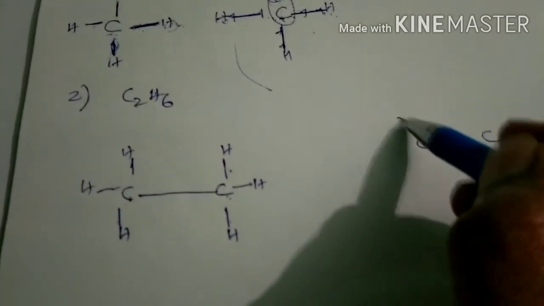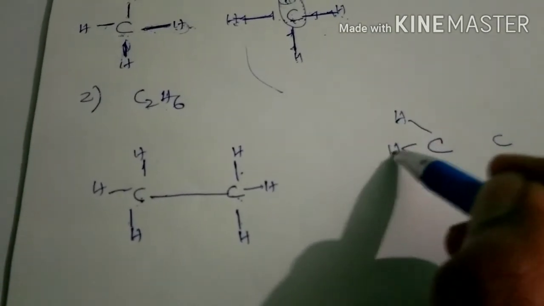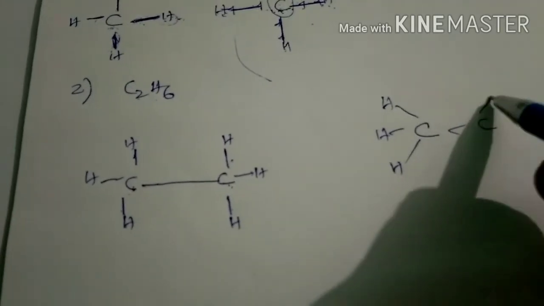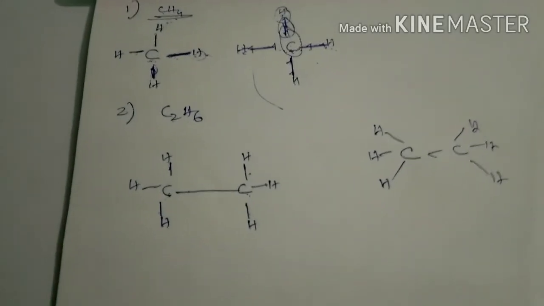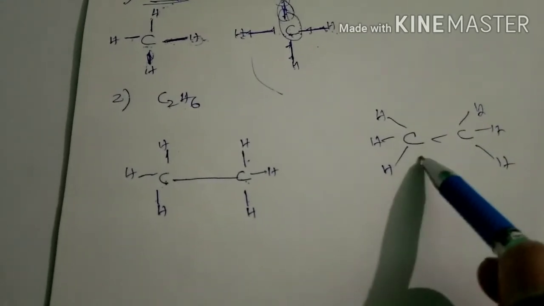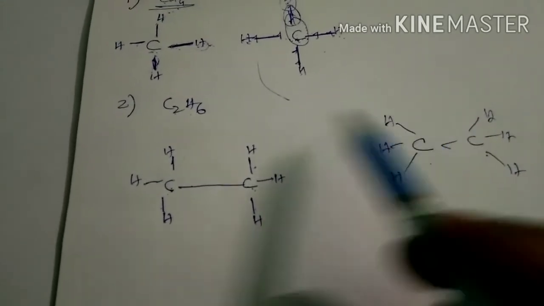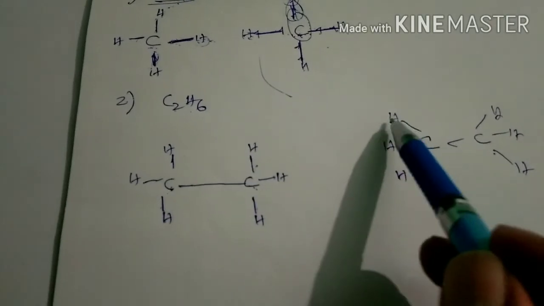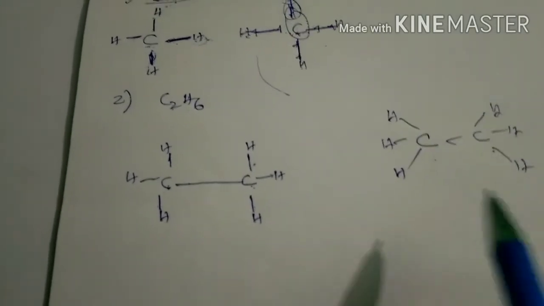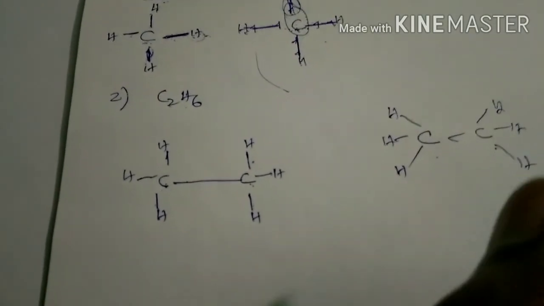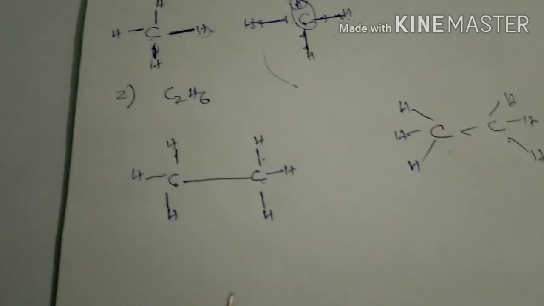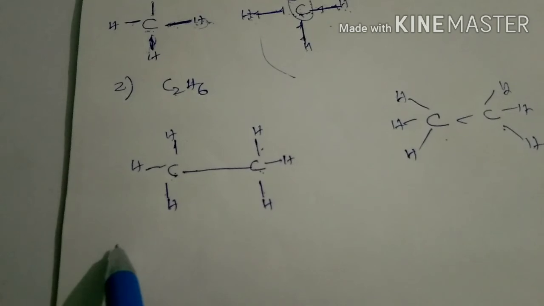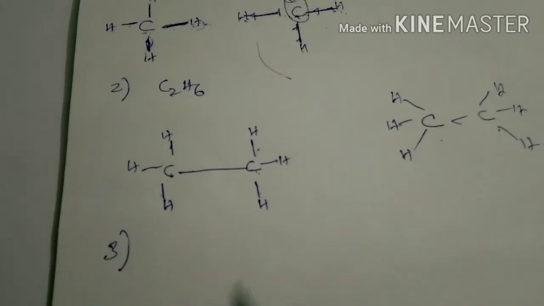This is one more way. You can draw this one also. So you have to understand the concept. What is the concept? First you have to take carbon atoms and arrange the hydrogens. Not only exactly like this, you can put them in this manner also. So that is the way to represent the structures. That is the way to draw the structures. I will take one more picture, then you get some idea.